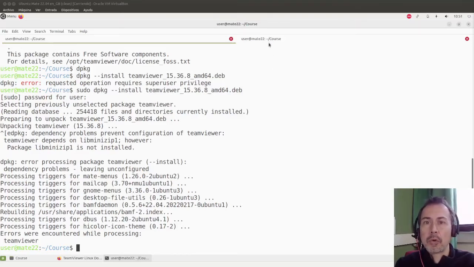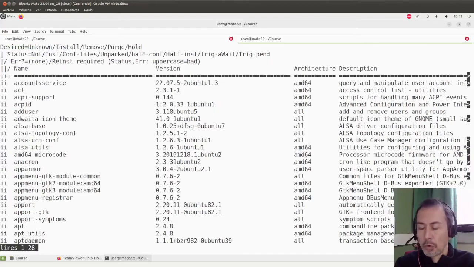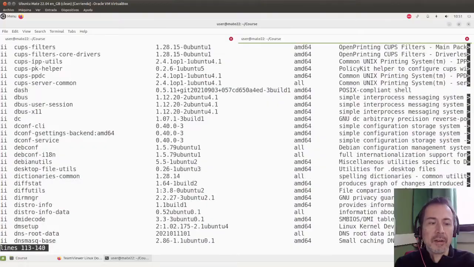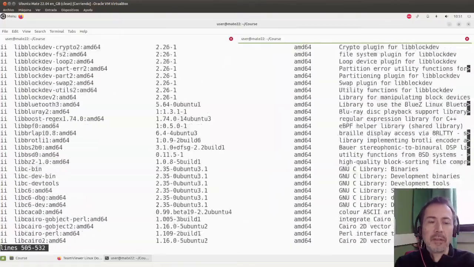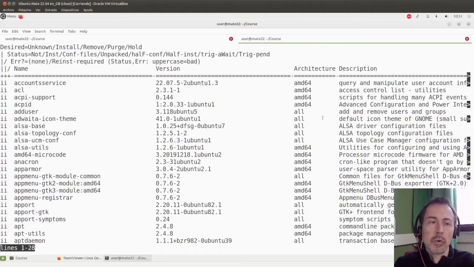manage these low-level problems. Here, the first thing I'm going to show you is how to get information about the packages on the system. This is done with dpkg using the list option. The list option shows all the packages installed on the system. We have hundreds of thousands of packages installed. That is the usual way that